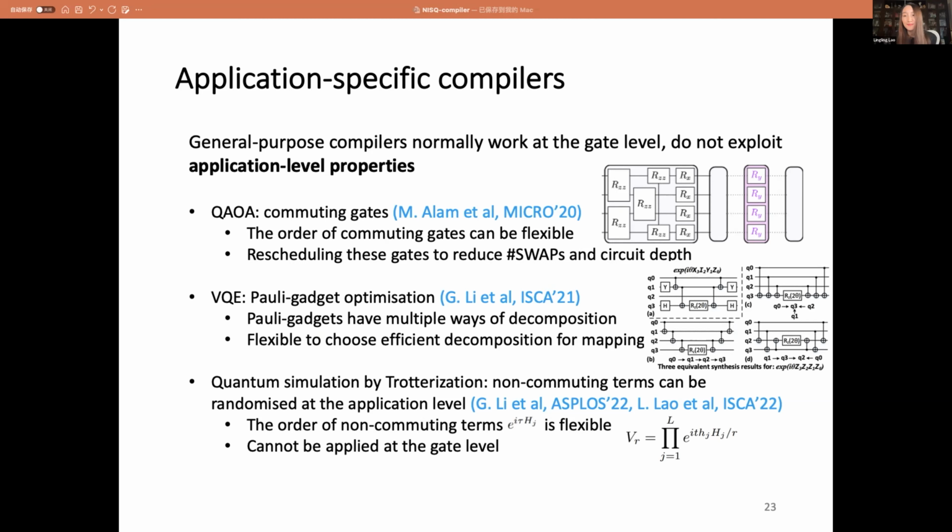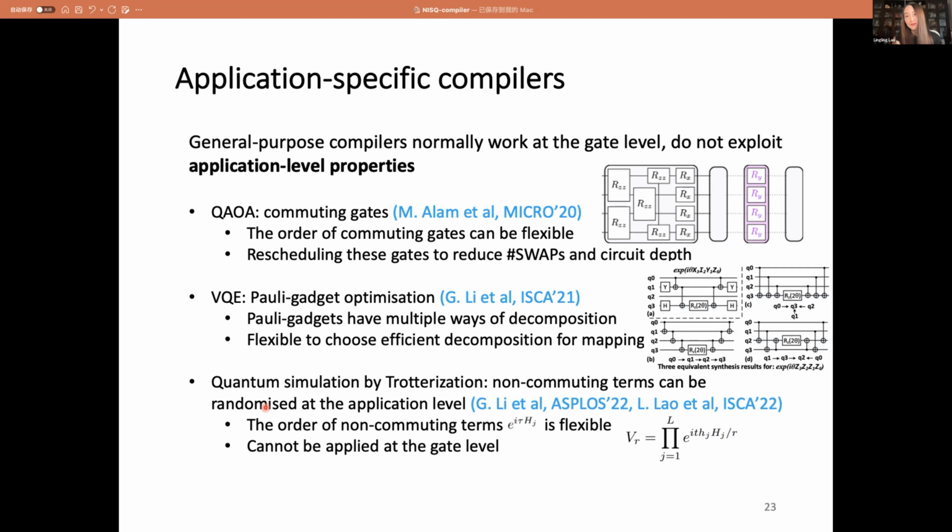Yeah, it's an excellent question. We have to know the special properties of the application. As I mentioned, for the QAOA circuit, all the two-qubit gates are commutable mathematically. In principle, the compiler could compute the matrix multiplication, know they are commutable and perform optimizations.